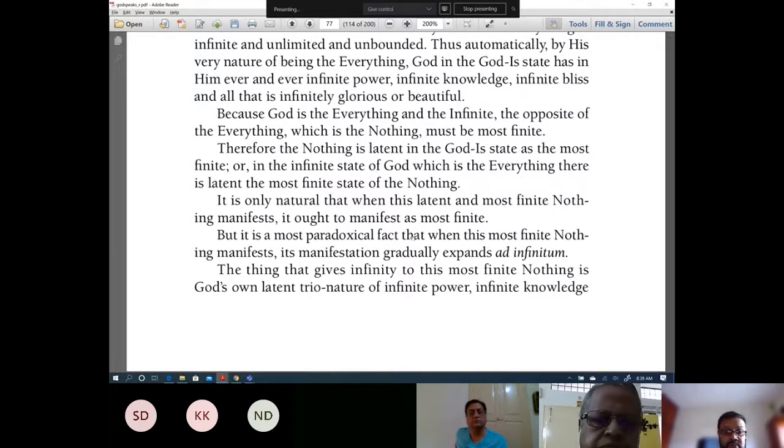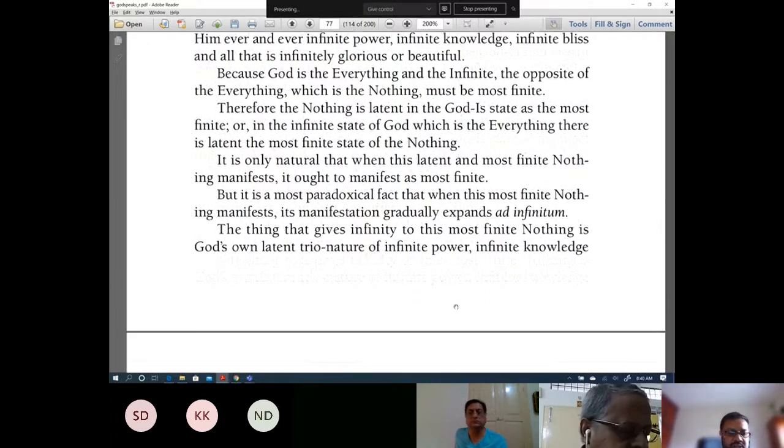But it is a most paradoxical fact that when this most finite nothing manifests, its manifestation gradually expands ad infinitum. This thing that gives infinity to the most finite nothing is God's own latent trio nature of infinite power,